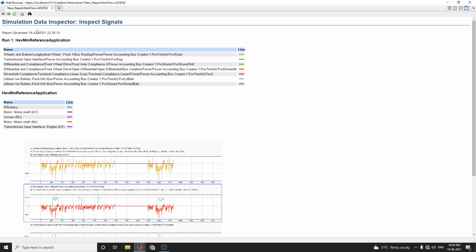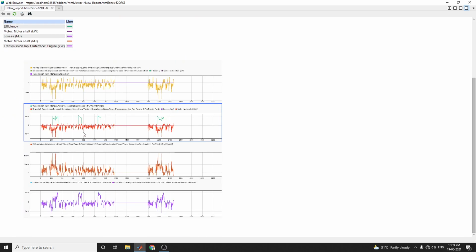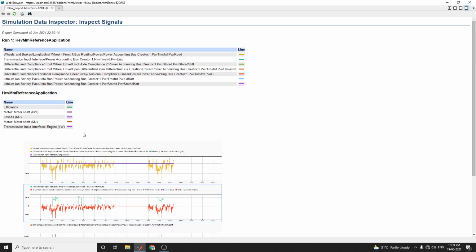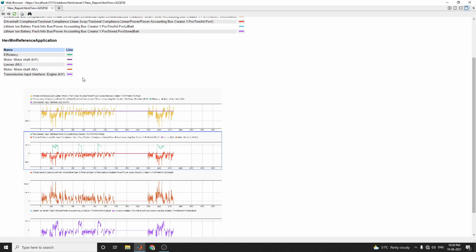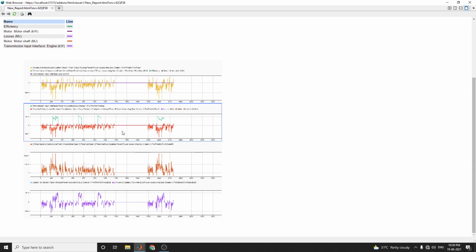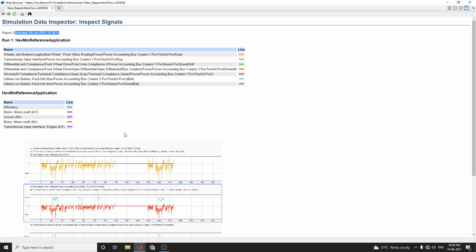Okay, now this is our output, showing what we are comparing. It makes a report, an HTML report generated with this date. Based on that, you can analyze your signal inputs.